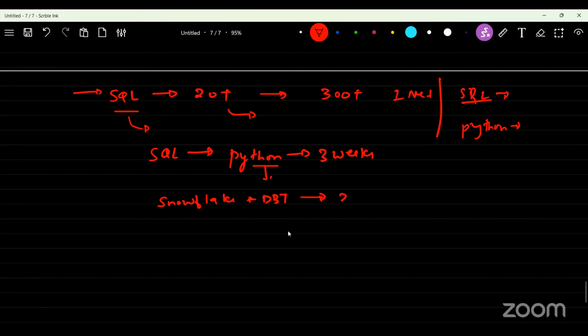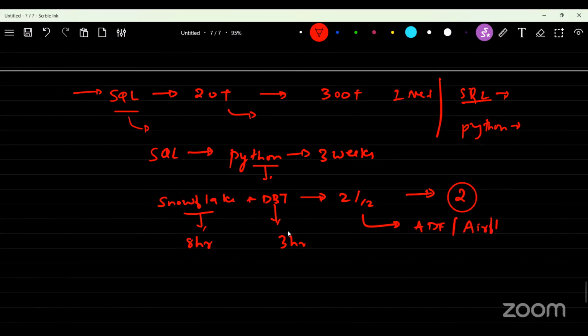This will go for 2.5 months. In this particular course, we'll be doing 2 main projects. The first project will be on Snowflake. We'll do it for 8 hours. This will go for 3 hours. And along with this, I'll be showing how to integrate with ADF and how to integrate with Airflow.